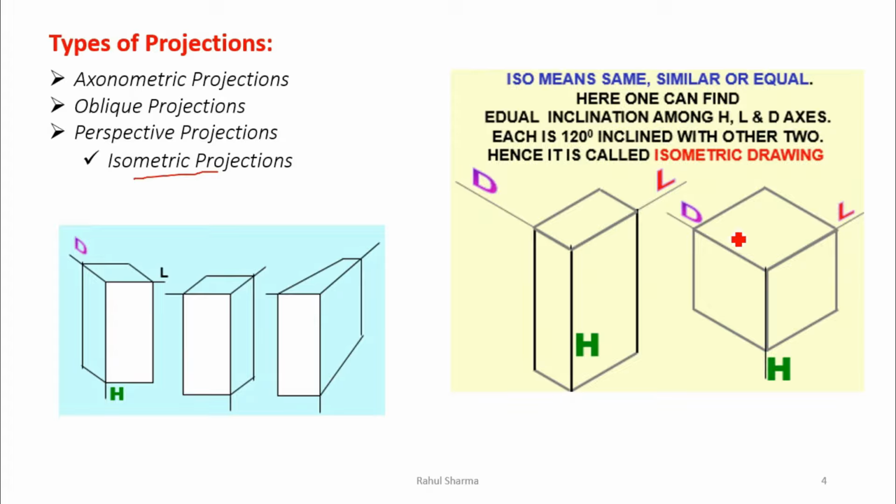In isometry, what do we do? If I ask what the word iso means, iso means same. So we tilt the object at the same angle, and that angle is 120. I'll tell you how we get this angle. Now this is a cube, and we have tilted the cube at an equal angle, so every edge now has a 120 angle. So when we tilt an object at an equal 120 angle, it is known as an isometric drawing. I'll go deeper into this.